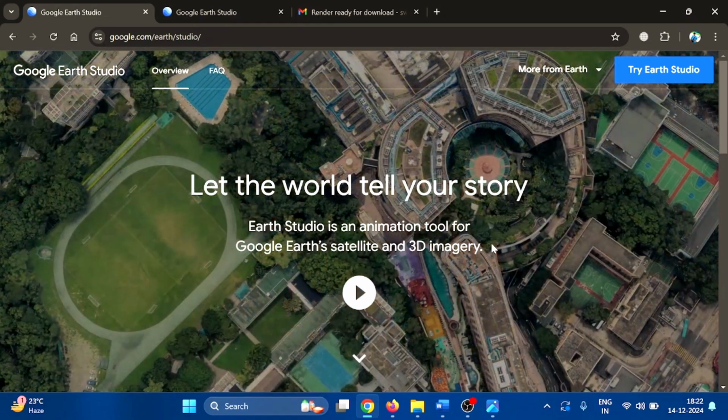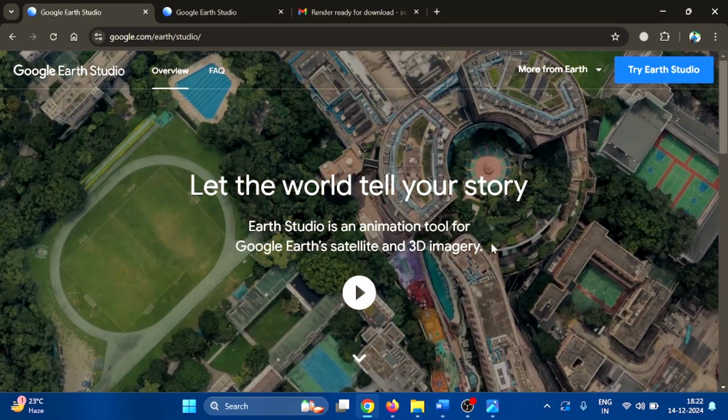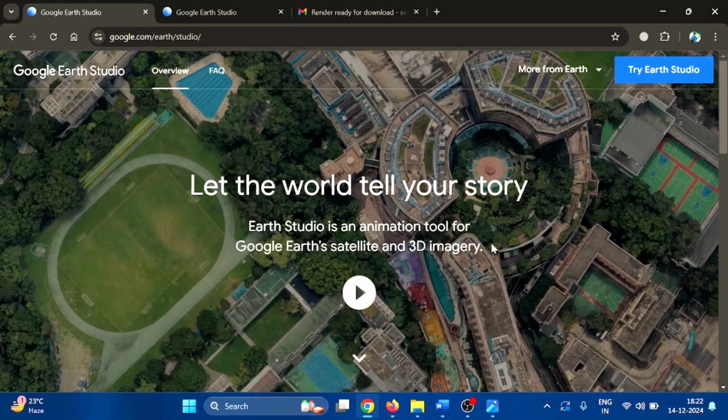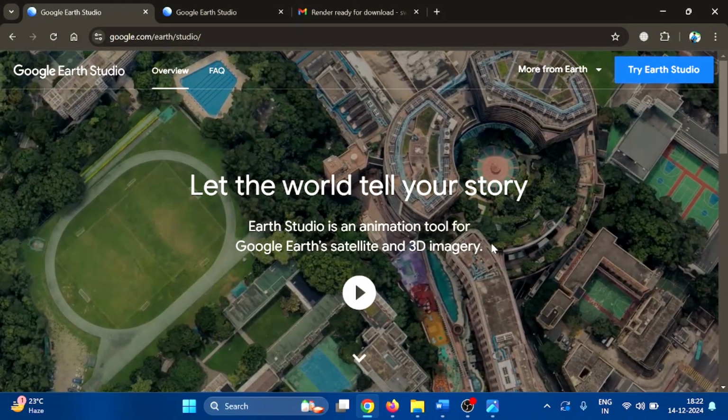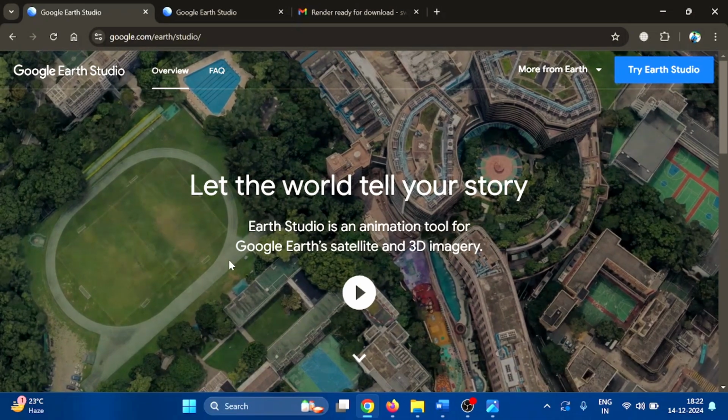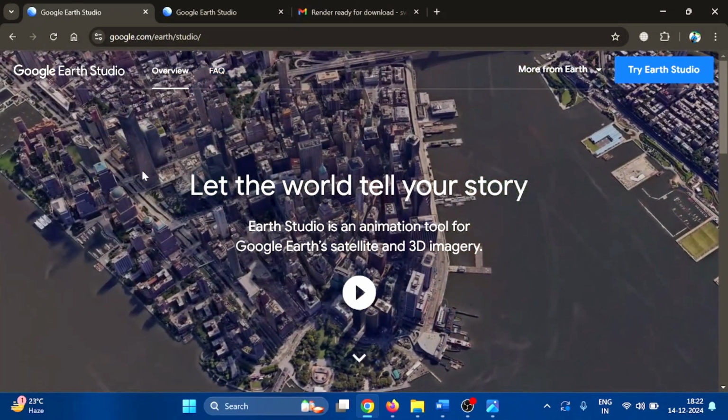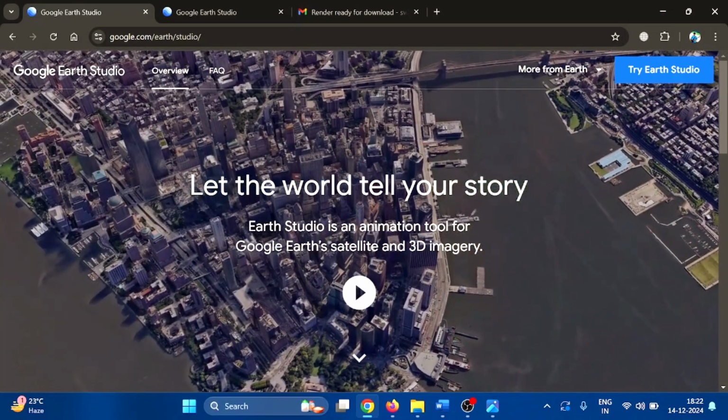This is Swayam from DigitBean, and in this video I'm going to tell you how to create fake drone footages using Google Earth Studio. For that, you have to open Google Chrome browser on your computer, and